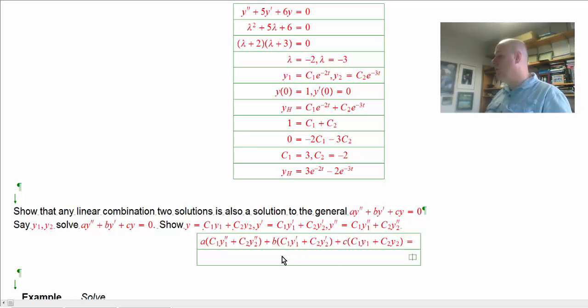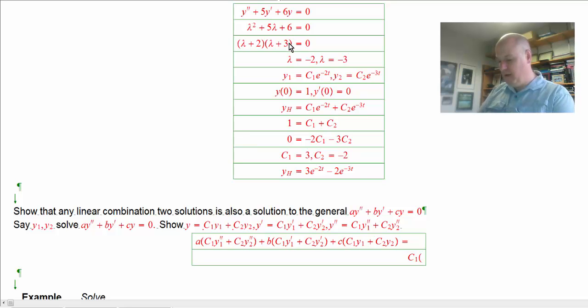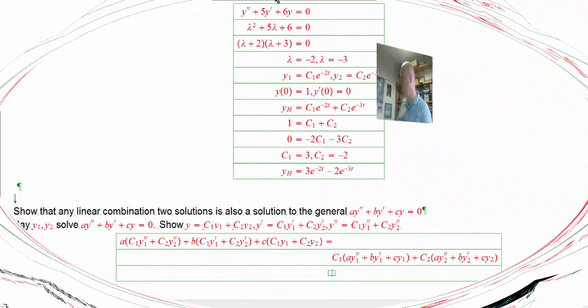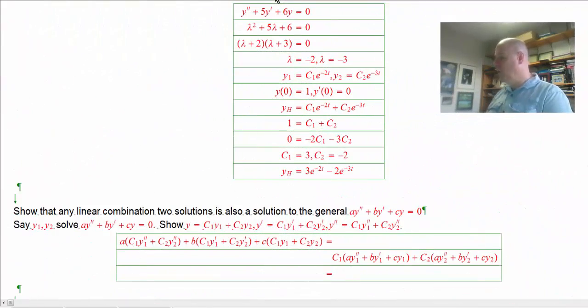Well, the algebra is going to be then collect all your y1s and all your y2s. Now I'm going to collect on all the y1s and collect on all the y2s, and in that case, when I do that, I'm going to get c1 times, it's easier for me to do this, which equals,